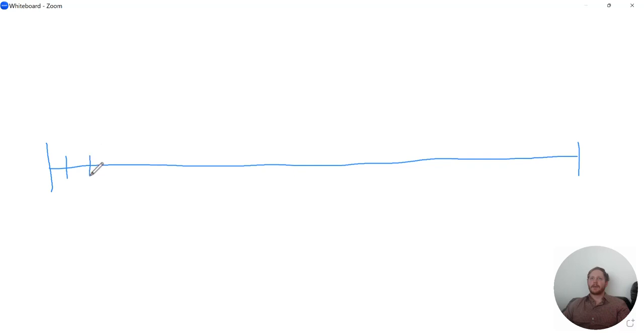Closer together. 1, 2, 3, 4, 5, 6, 7. And then I have one more here, and then I have one more here. So what I'm doing is I'm putting on a timeline, because the most important thing when you have a question that's like a post-MI infection is the MI happens at time 0. And then this is day 1, day 2, day 3, day 4, day 5, day 6, day 7, and then